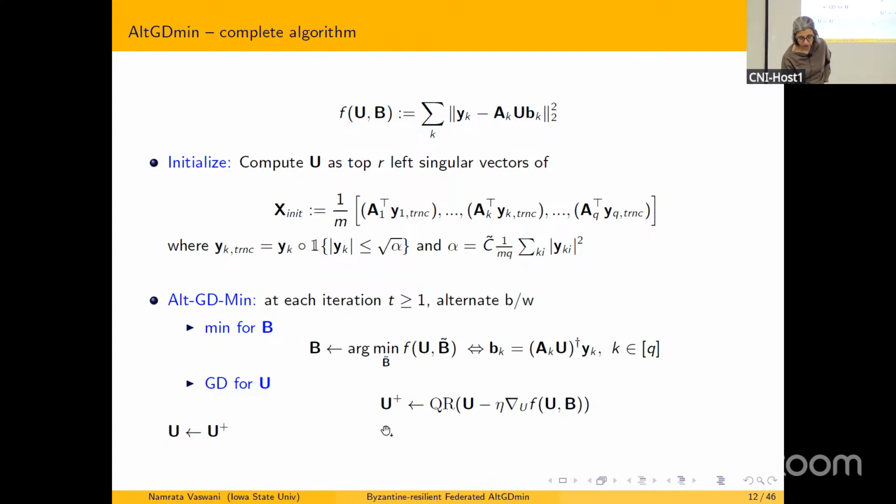Then you're orthonormalizing U, which has two advantages. One is it's needed for the proof. Second is it lets you set your step size. Even in experimental work, it lets you set your step size once and not have to worry about it, because,